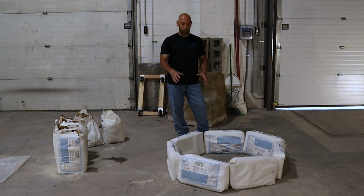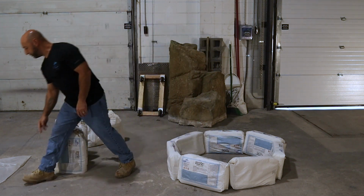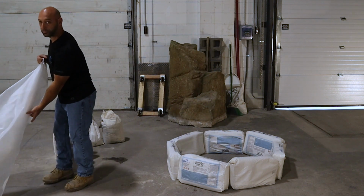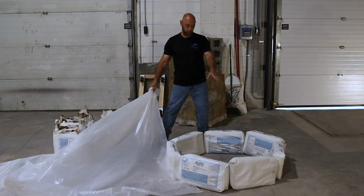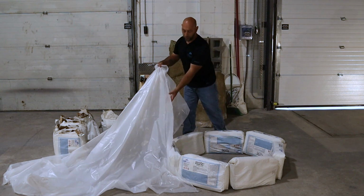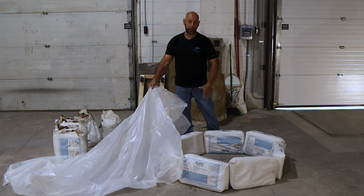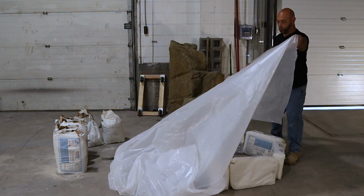I'm just going to do a small version of the pond because I just want to show you the procedure. We're not going to use this for anything, but I just want to show you the steps of how to do it. Okay, so like I said, we're about 3.5 feet in width. Because your bags are standing up nicely, all you're going to do is get some 3mm plastic,